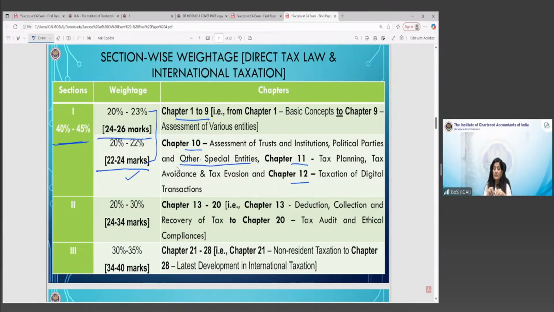Next is your subsection 2. Subsection 2, if you talk about equal weightage, if you see there is more or less equal weightage being given to each section or subsection. If you talk about your subsection 2, it is comprising of chapters from 13 to 20. Chapter 13 basically is on TDS provisions. TDS provisions, if you see,